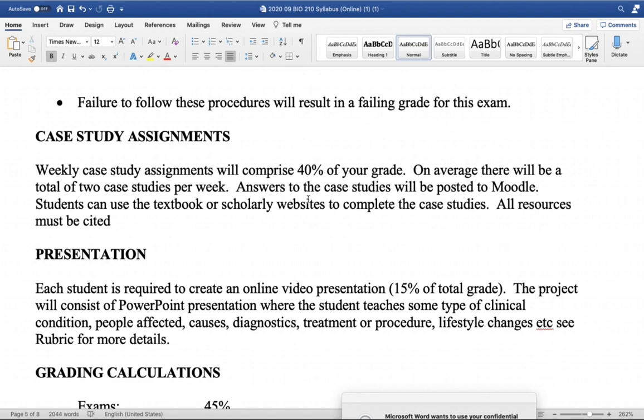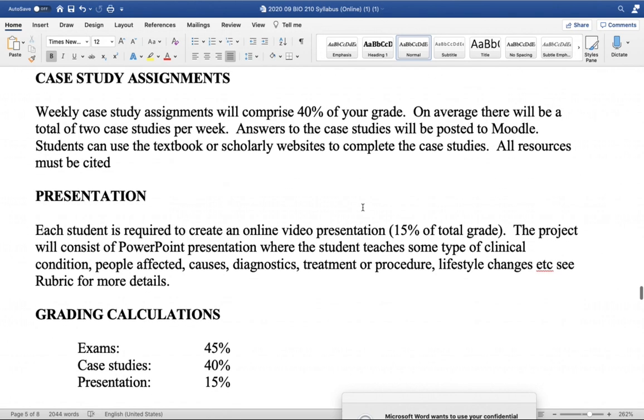So for those that may not be good test takers, this is here to help you. And this is the part of the grade that's really within your control to score well. So I will take the time and go over the rubric and give you a little bit of an example of that. So where does the other